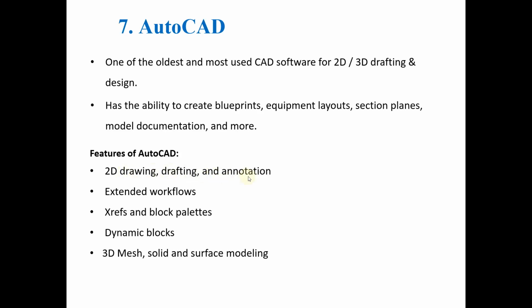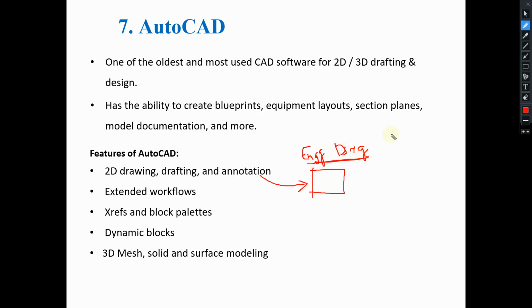Features: drawing, drafting, annotation. Annotation means, if you have a sketch, then there is a lot of information that we have to mention in that drawing. Such drawings we call engineering drawings. We mentioned in the first class what the difference is between an ordinary drawing and an engineering drawing. An engineering drawing will have a lot of details like the dimensions, the material with which the part is made, the tolerance, then the different